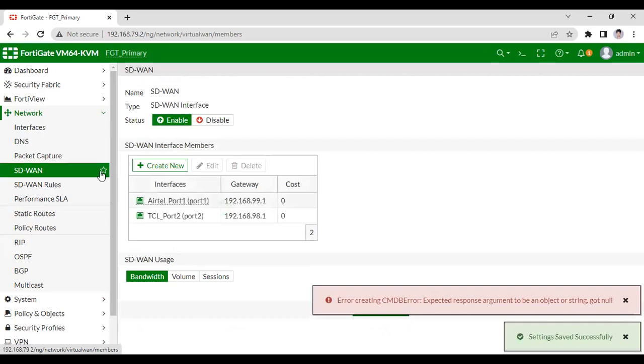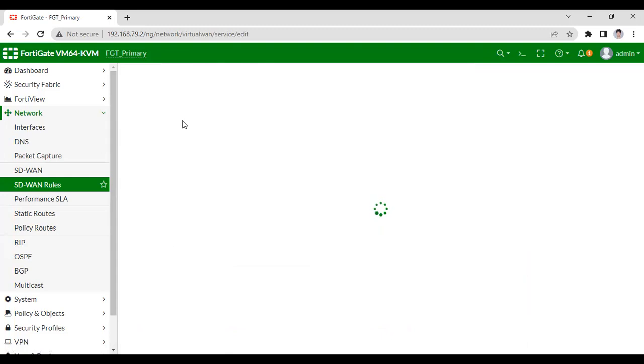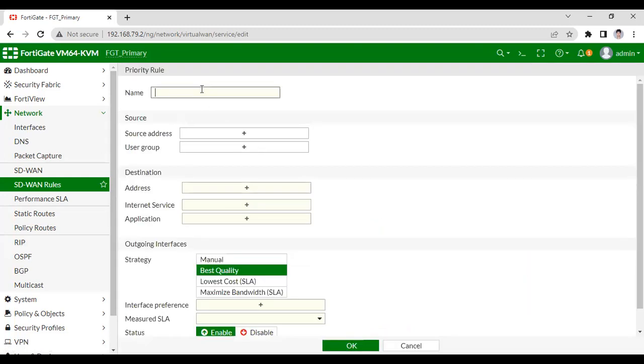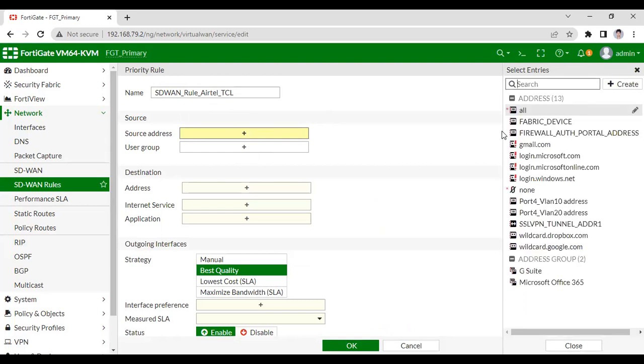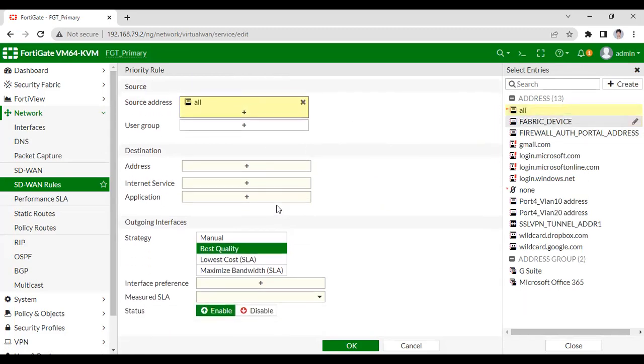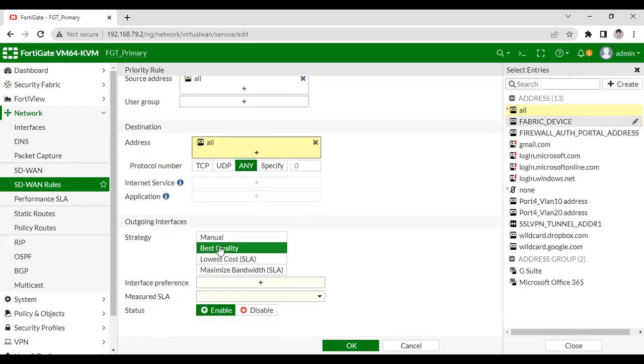So now I am going to configure SD-WAN rules. Create SD-WAN rule. I'm going to name the rule SD-WAN rule for Airtel and TCL, because I have two links, Airtel and TCL, which are the WAN links, I mean internet links. For source I'm going to have all, and this option I'm going to leave, and destination IP address will also be all.